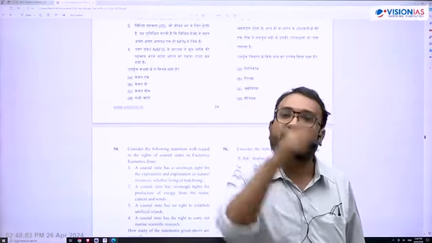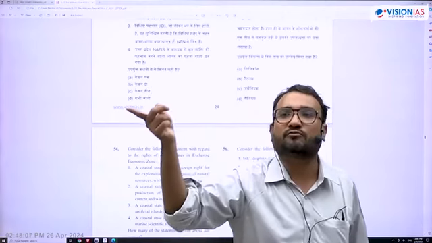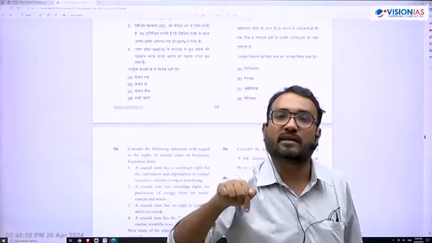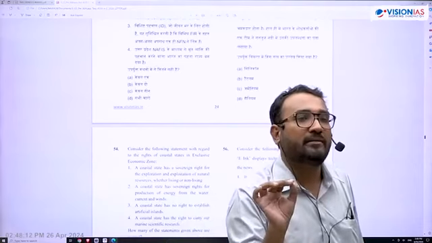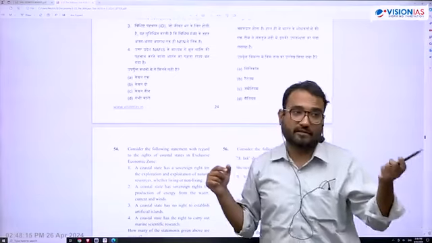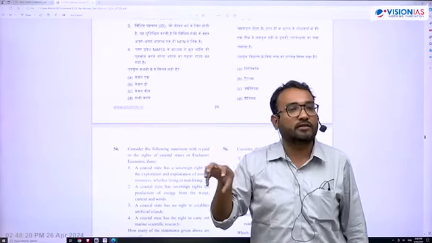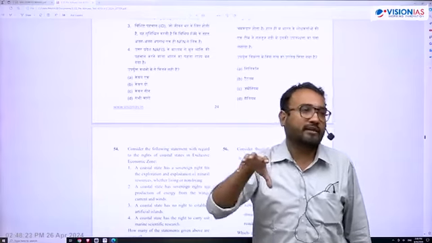So if there is a judgment by the US Supreme Court on not providing reservation to those disadvantaged groups in US universities, they ask the question in mains: what is the principle of equality in the American Constitution vis-a-vis the Indian Constitution? Before this judgment only, they have asked. So anything that is of utmost significance, that is in the news from other countries also, you will try to keep a note on that.